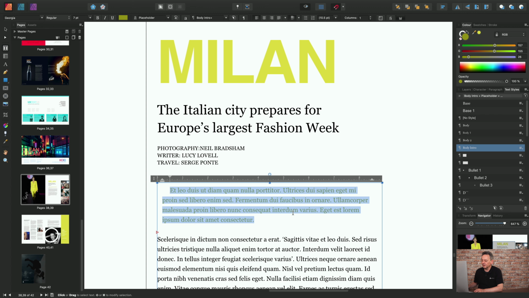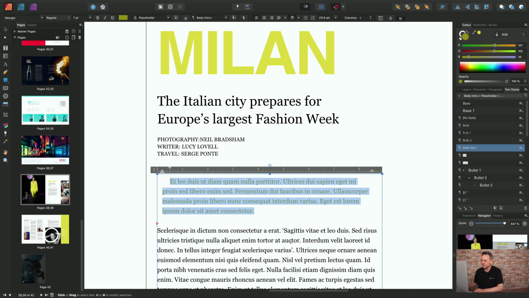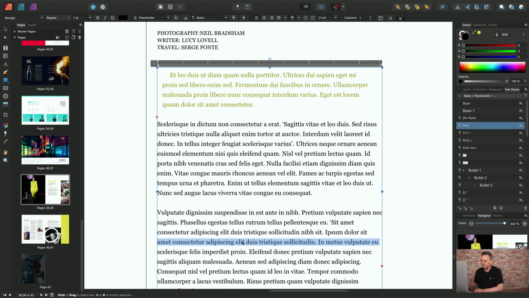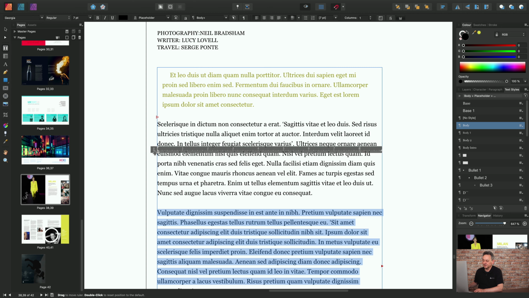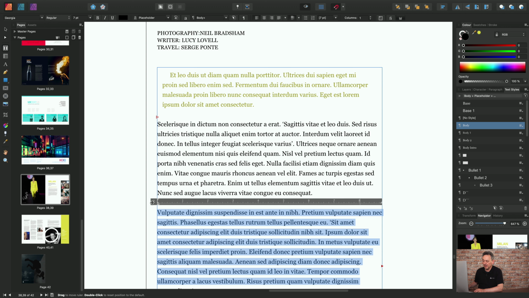Now, if I was actually using this text ruler further down in my document, so if I just come down to, say, this particular area of text, this one here, and I wanted to introduce an indent to it, I can drag that particular text ruler down and position it right above that selected text. So I'm in a position to adjust the indent and get a good feel for the indent